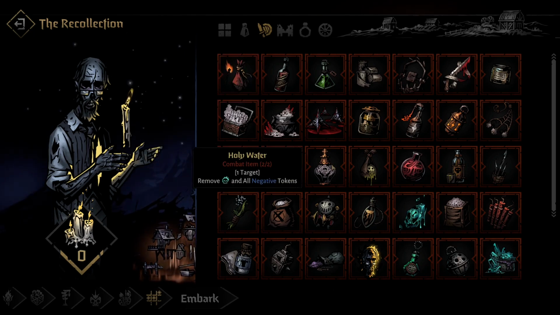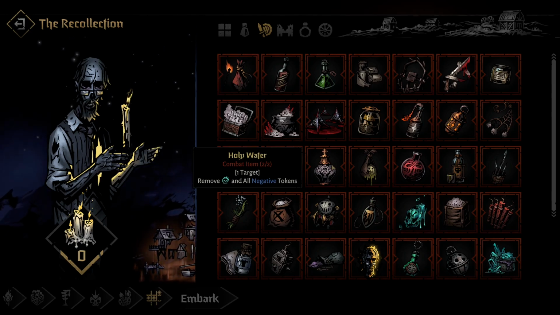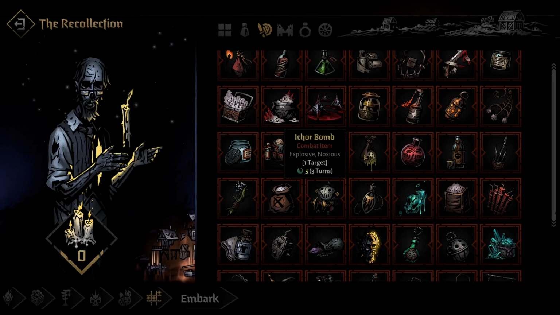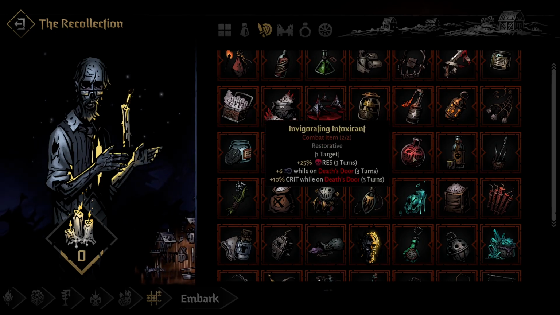Holy Water, very nice. You can easily use it, you don't need to save it. Good on a leper, good on everyone that has negative tokens, basically. Now, same what I said for Incendiary Cocktail, same applies for the Ichor Bomb. Great on bosses. Invigorating Intoxicant is great on the characters that refuse to die, so they gonna refuse to die